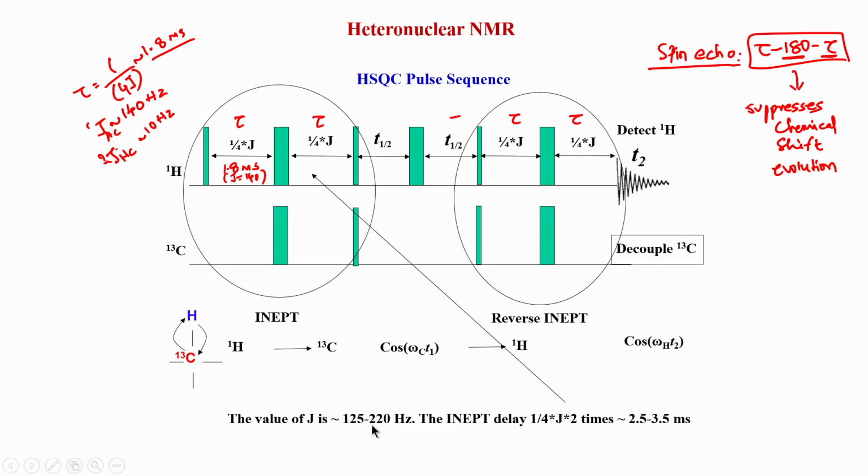If I use a very short delay, suppose I use 220 hertz here, you can calculate 1 by 220 times 4, which is almost close to 1.1 milliseconds, that is for 1 tau value. If I multiply by 2, I will get about 2.2, 2.5. That is the typical delay period we can use if we are studying larger couplings. If your molecule has larger coupling values, we use this, and for smaller couplings like methyl, we go to higher delay periods. This is a very important part in HSQC, to understand what the different components in this pulse program are doing.